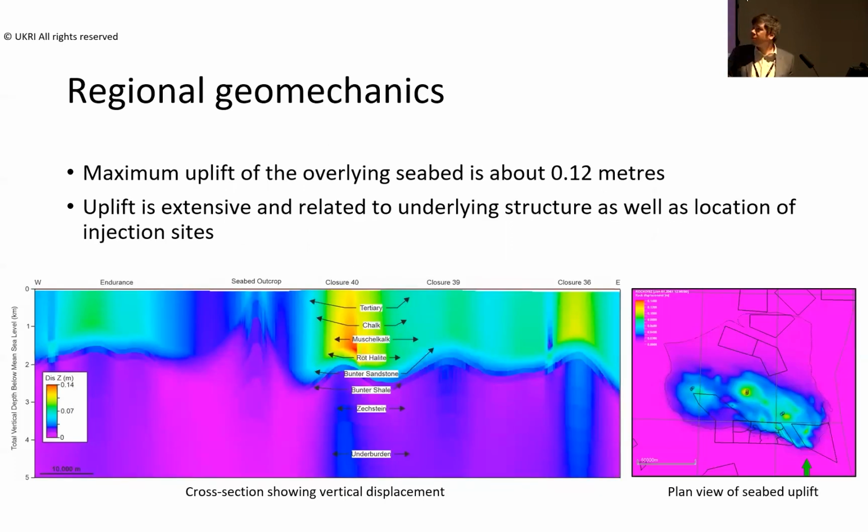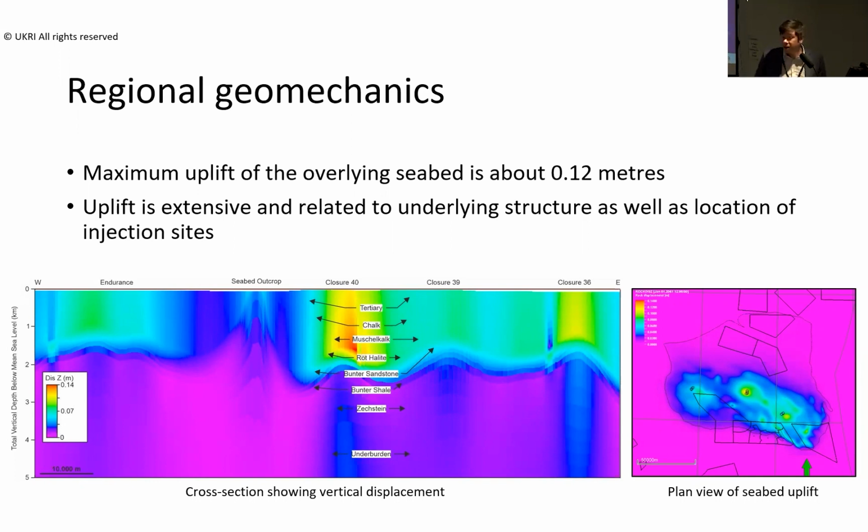So if we look at what this actually means, then what's actually happening? Well, this plot here shows the same line of section, but it's colored up by basically the surface uplift. So this is the movement we would expect to see at the seabed as a result of the model strains. And now we see this is at its maximum above Closure 40, where we saw the highest pressures occurring in the reservoir. And we're seeing displacements of the seabed here, positive displacement of some 12 centimeters in this